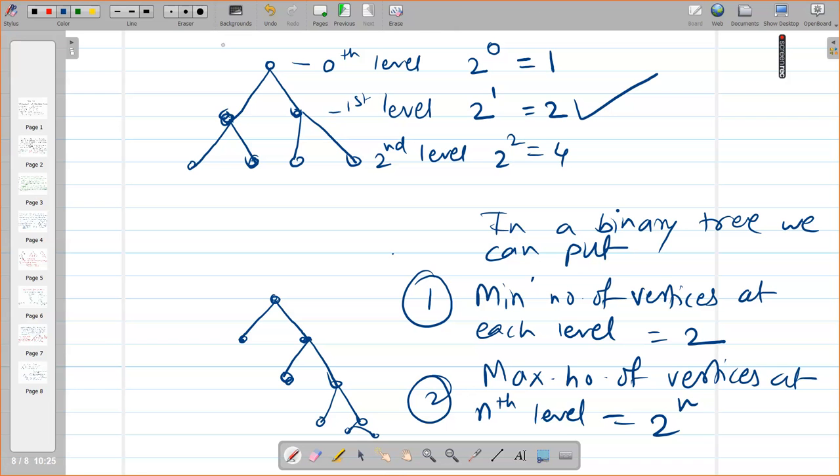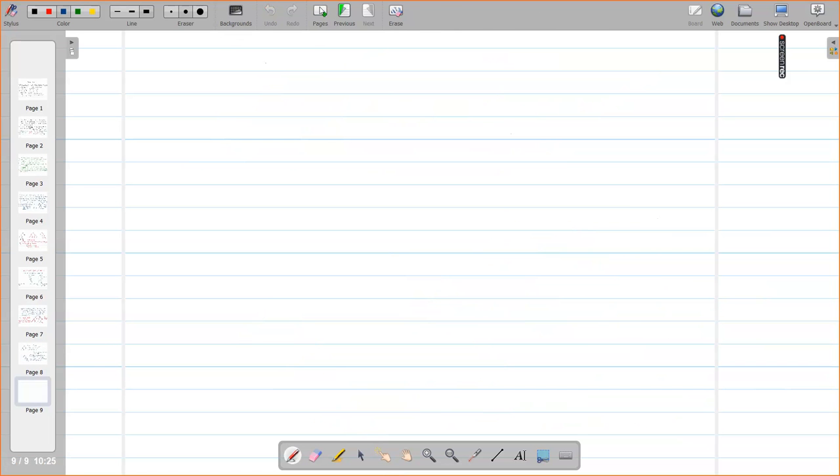Yes, girls. So let us draw a binary tree with maximum height. Suppose n is equal to 17. At each level, we will put only 2 vertices, the minimum number of vertices. So anyhow, either you go on putting to the left side or you go on putting to the right side. So here 2 vertices I have put, again 2 vertices only, again 2 vertices. Likewise, I have to do till I finish with 17 vertices.